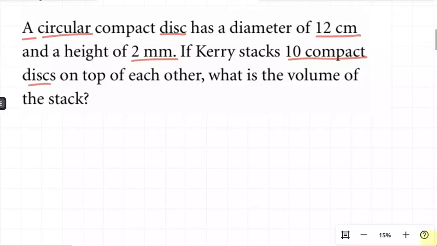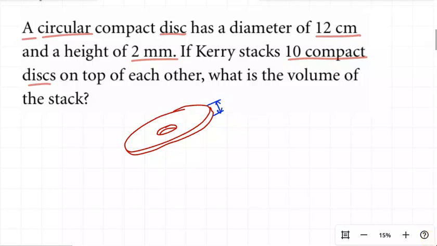Now, first of all, what we need to do is to identify a compact disc. A compact disc is just of this form. Don't mind my drawing. Let's assume this is the height, with the center. All right, so this is a compact disc, and from the question, from here to here